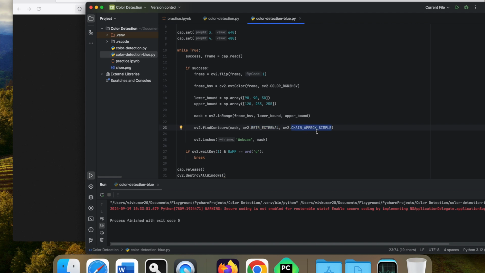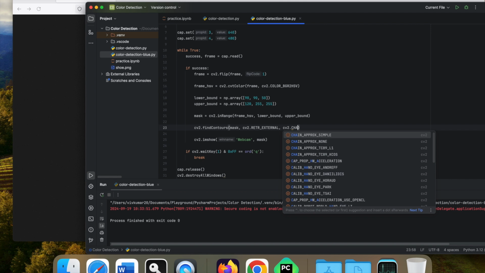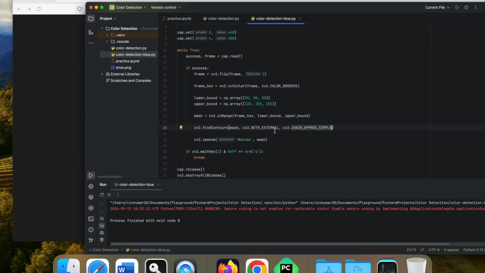You can just understand that chain approx simple is a method of doing it. There are two: one is chain approx simple, and another is chain approx none. These are the things we can use for now. I will be using chain approx simple, and it returns